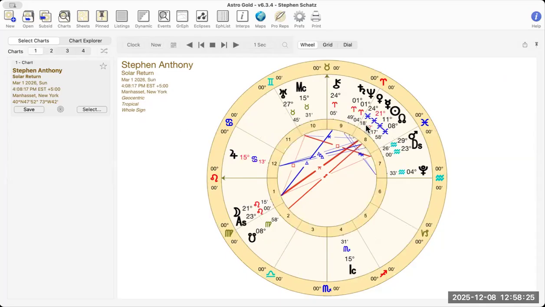Reading this as a standalone thing, the MC is in Taurus with Uranus. Some breakthroughs, maybe some in my career, since we have Mars making a square to Uranus. So this will be the March